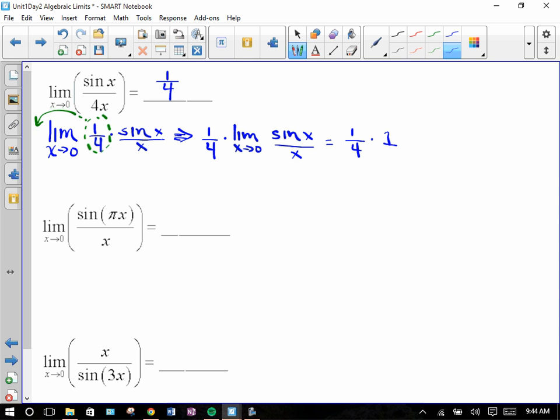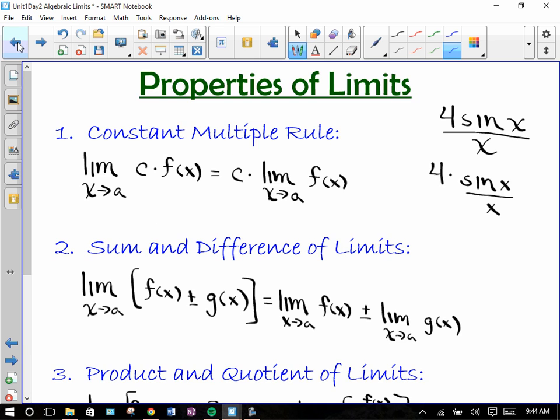Get the pi out, like you did with the 1/4. Here's the issue. You can't take a pi out of this because it's sort of locked in. It's sine pi x. You can't take the pi out. So here's the issue. I'm going to pose a question. We just talked about back here